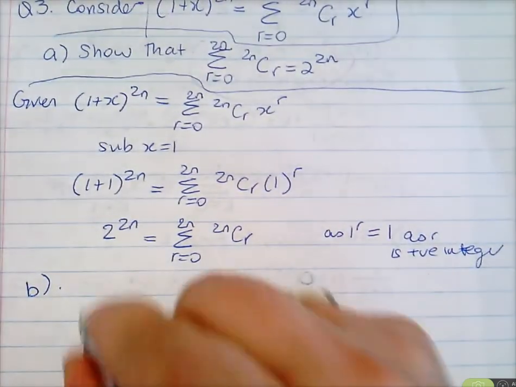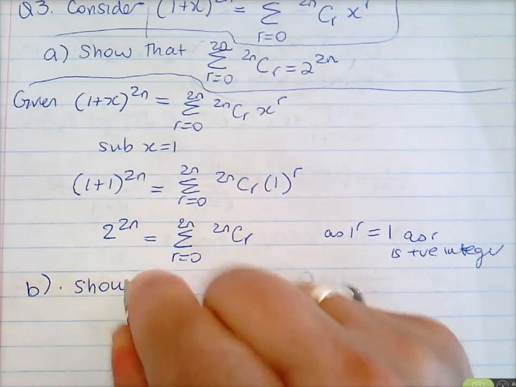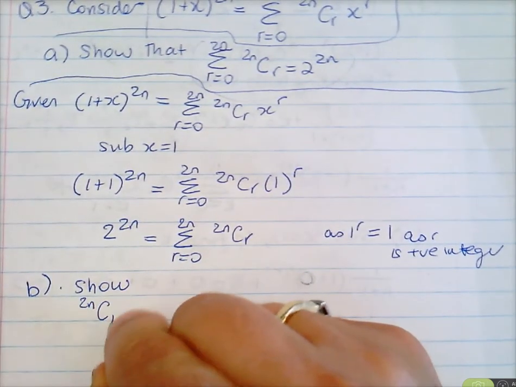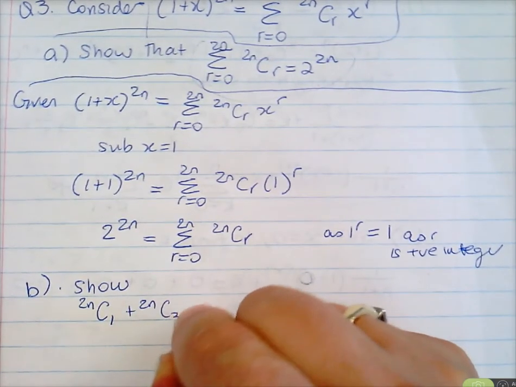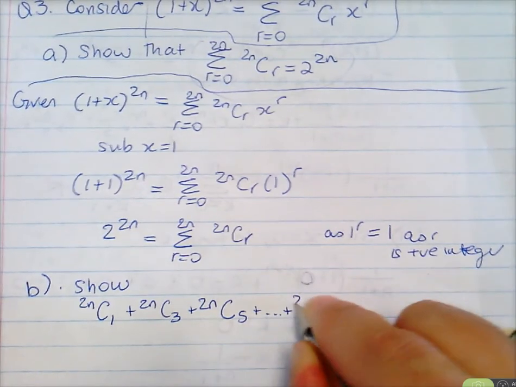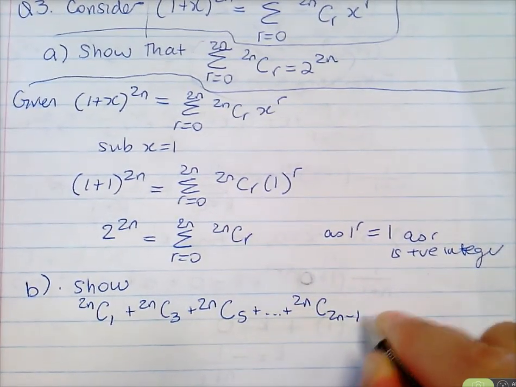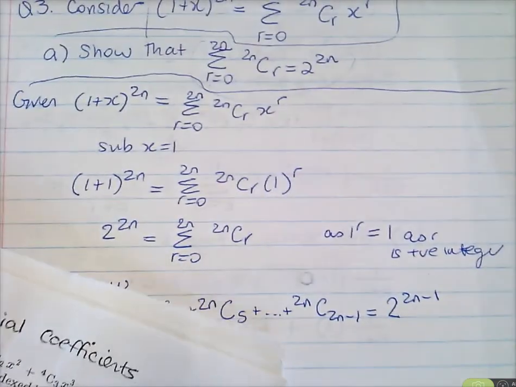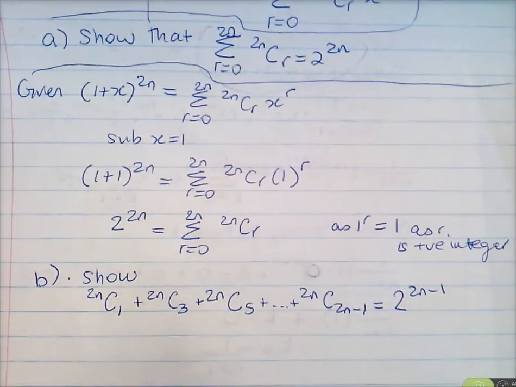I'm just going to write out what part B is. Part B says show that 2nC1 plus 2nC3 plus 2nC5 plus up to 2nC(2n minus 1) equals 2 to the power of 2n minus 1. We'll just pause. Okay, so